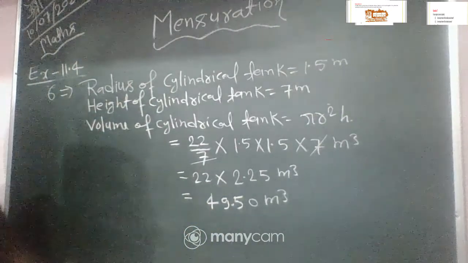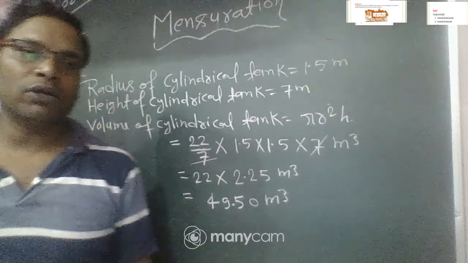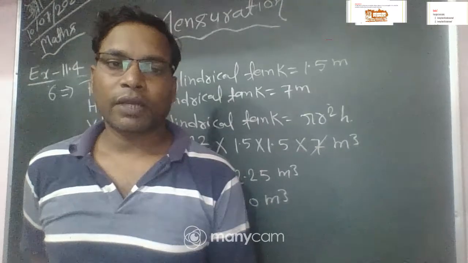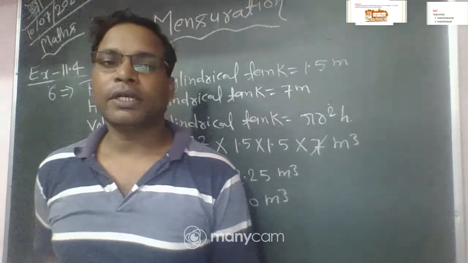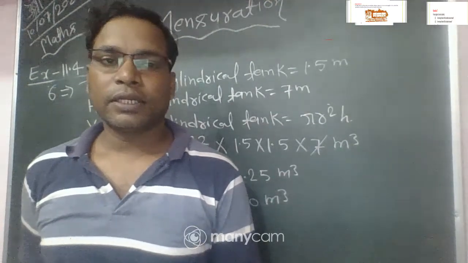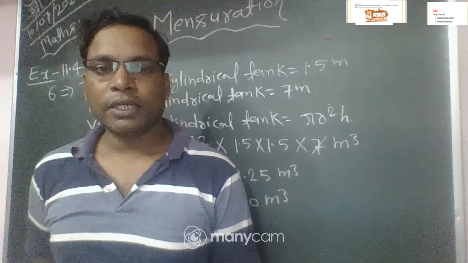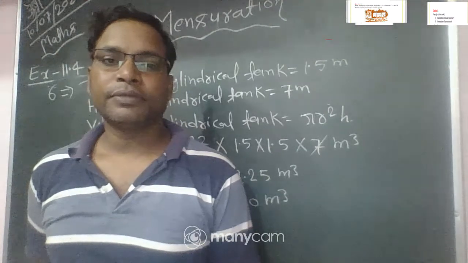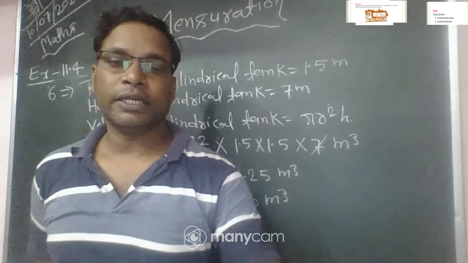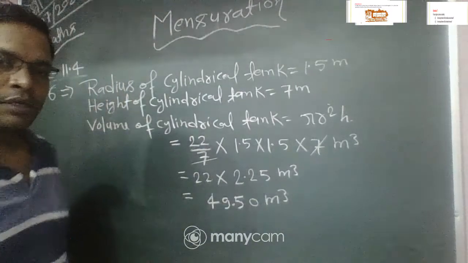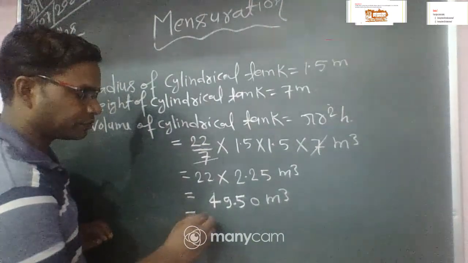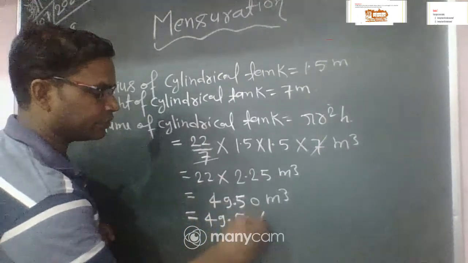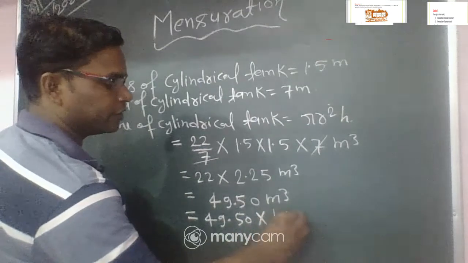But we have to find the volume of the cylindrical tank in liters. I hope all of you remember we discussed that 1 meter cube is equal to how many liters? 1000 liters. So we multiply here by 1000. Then we obtain the volume of the cylinder in liters. So 49.50 into 1000